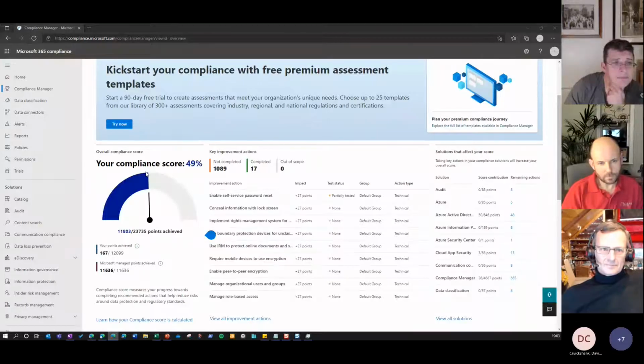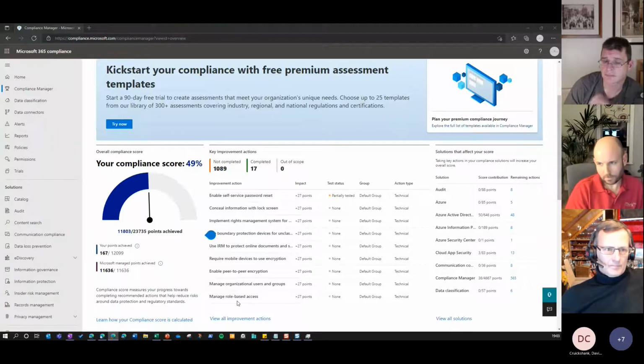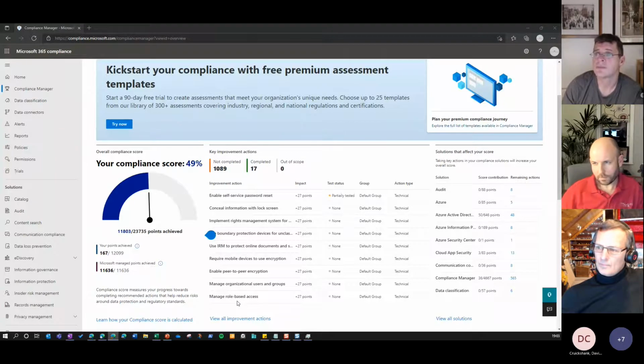The thing with compliance score is that everybody goes into analysis paralysis when it comes to this number. Everybody tries to get it up to the highest value that they can. In some aspects, in some organizations, it's actually a detrimental effect. So you actually end up reducing the collaboration that you have if you just concentrate on turning all of these on. What I would always suggest is take a look